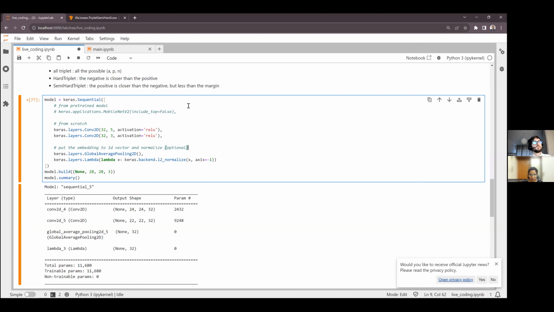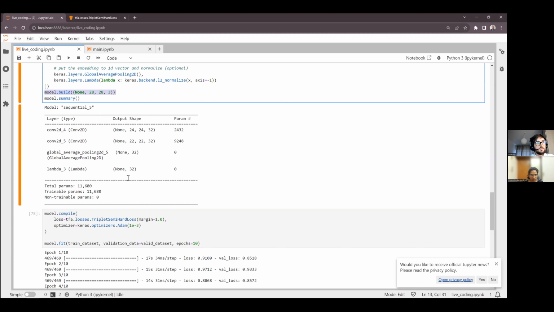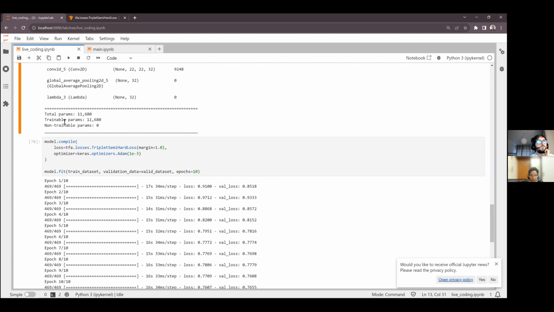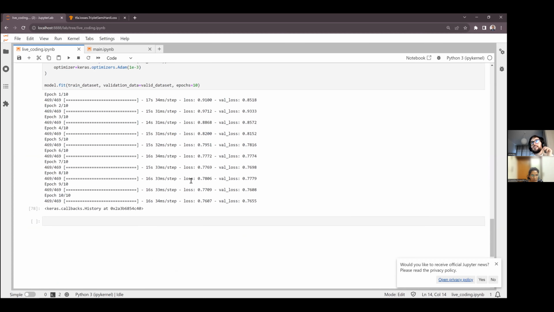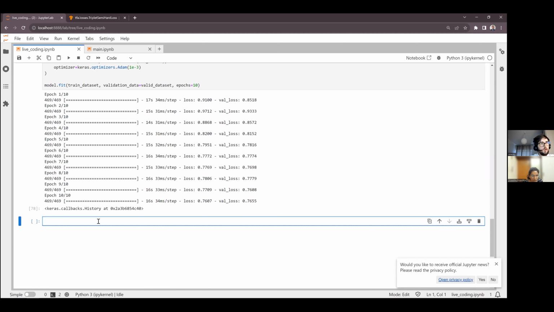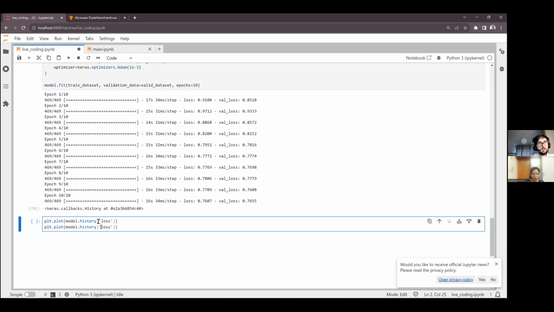Okay, a couple of comments, so maybe it's useful if some of you want to try it. Here is the size of our images. That is not strictly necessary, but it's useful to look in the summary. Okay, this mini training is finished. Maybe we can plot the loss function, the history, the loss during the training. Loss and, well, oh, something wrong here.